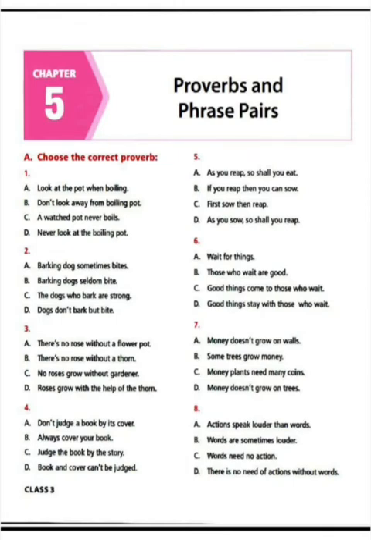So now children, with that we come to the end of singular, plural and one word substitution. The HOTS were there, you can solve them on your own. Now we move to the next chapter, that is proverbs and phrase pairs. So what are proverbs? Proverbs are sayings which we also have in Hindi, we also have in Bengali, same way we have in English also. It is a saying, a sentence which is always the same, you cannot change it, and it has a certain meaning and a certain advice to it also. It teaches us something. Okay.